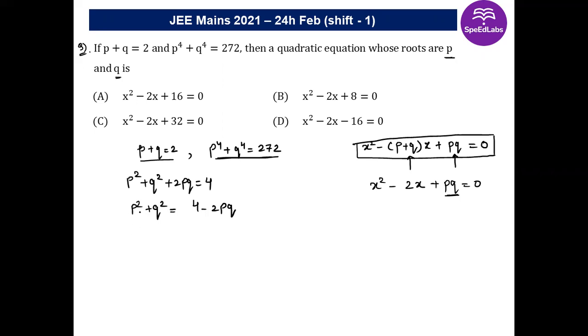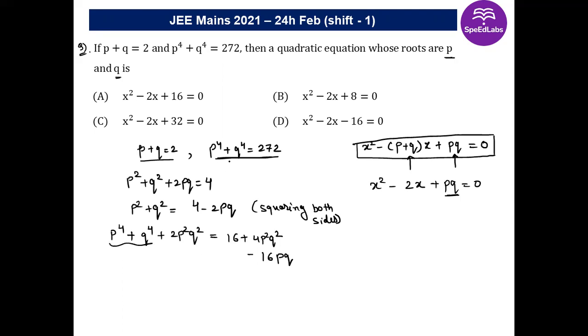All right, so here what you'll get, I'm directly taking square, guys. So a square, so that will be p to the power 4, b square, that will be q to the power 4, plus twice of ab, simply applying identity of a plus b whole square, and here applying the identity of a minus b square. I'm taking square on both sides, all right, squaring both sides. So this will become 16 plus 4p square q square minus 16 pq, right?